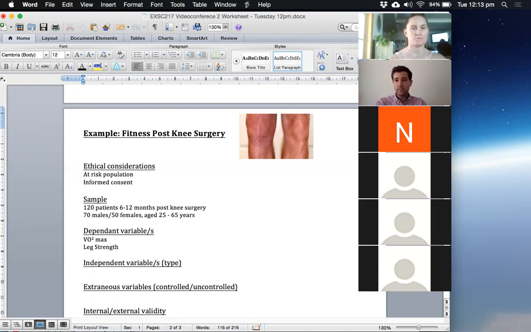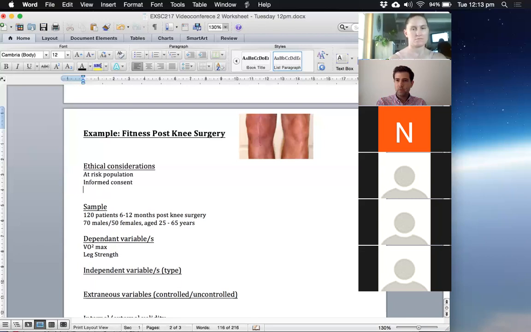Informed consent is a really good one, an important one to remember. Whatever our research topic is, getting that informed consent, which is both fully informing participants as much as we can of the intentions and procedures of the research, as well as getting their consent, ideally written consent, is going to be an important ethical consideration.